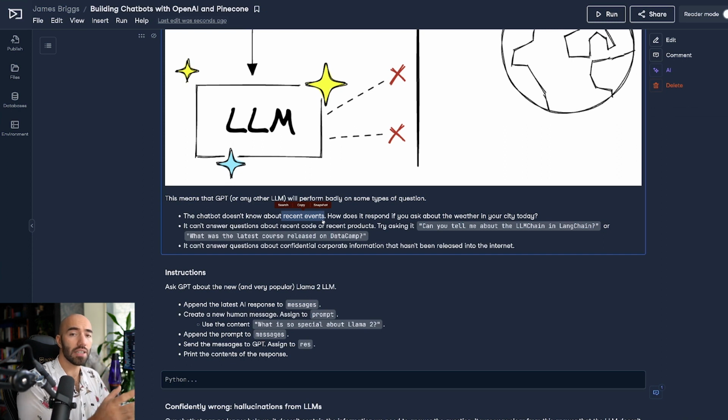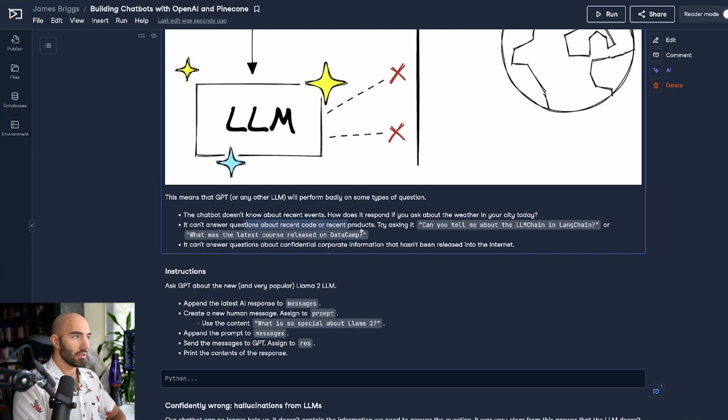So it's a few years ago already, and they just don't know anything that has happened since then, which is quite a lot. So if you want a chatbot to respond accurately to something like the weather in your city today, it has no idea. It can't answer that.